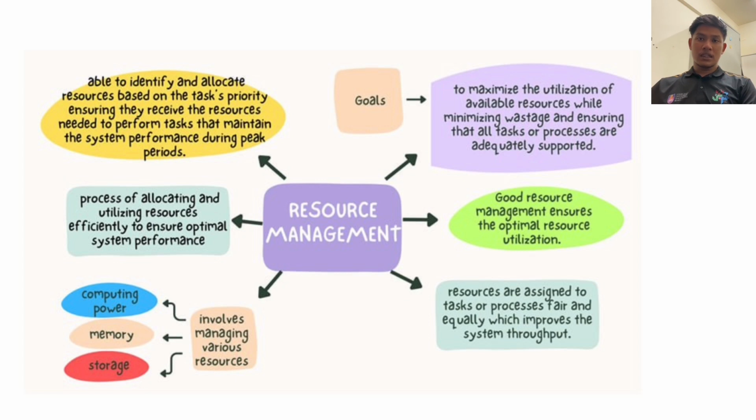Good resource management ensures optimal resource utilization. This means that resources are assigned to tasks or processes fairly and equally, which improves the system output. Besides that, resource management is also able to identify and allocate resources based on task priority, ensuring that important tasks receive the resources needed